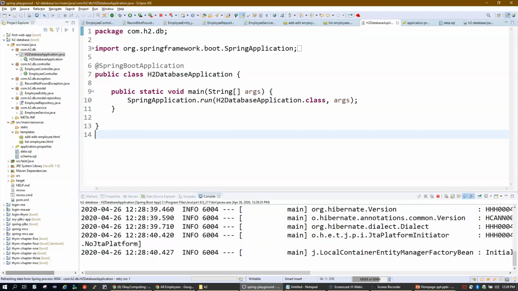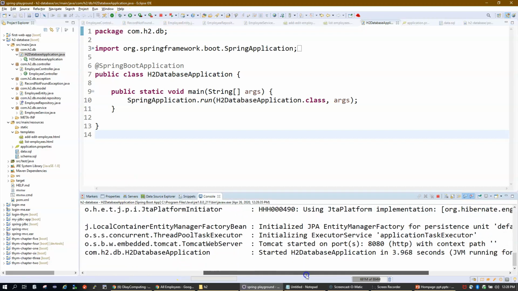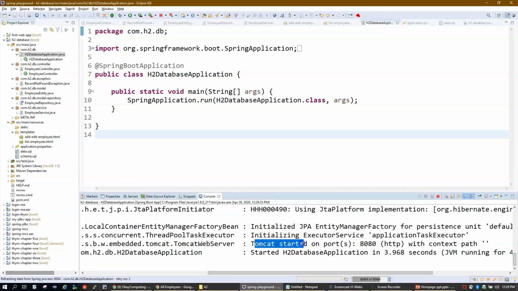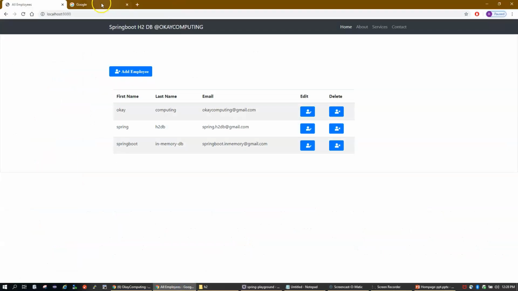Okay, so I've just started my application. So this is how it looks like. Now you can see that we have a home screen, a landing page where you can see a list of data, some records which have first name, last name, email ID, and there are two options to edit or delete these records, and there is one more link to add an employee to the list, right?